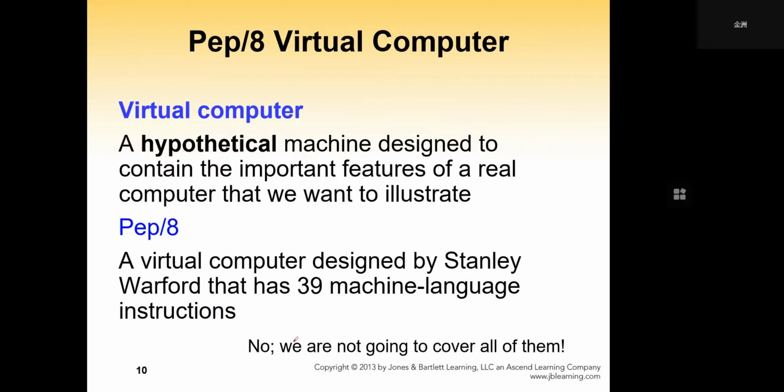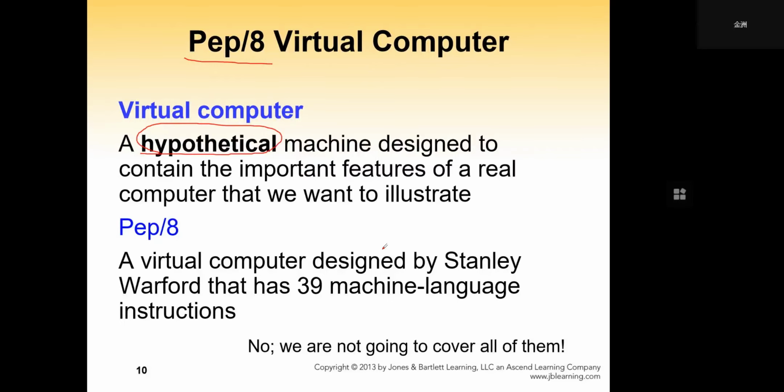We are going to learn about the instructions by an example, using this PIP-8 virtual computer. It is an abstraction of the real computer. It's not a real computer, it's a virtual computer, but it contains all the required functionalities of a real computer. They are the same. So we use such a hypothetical machine